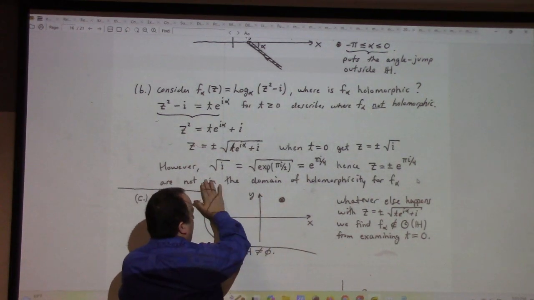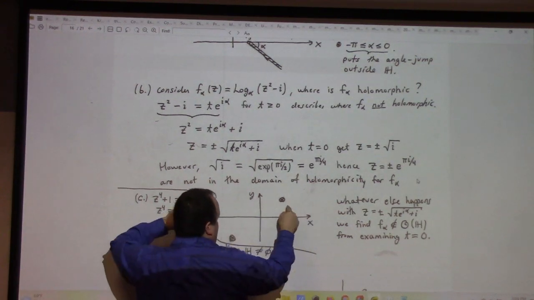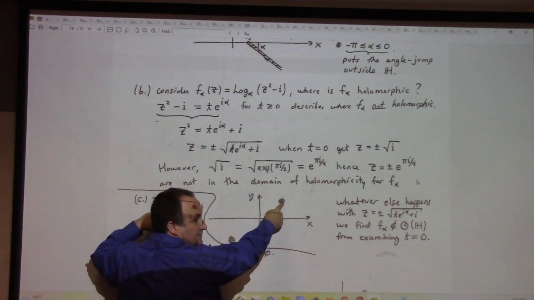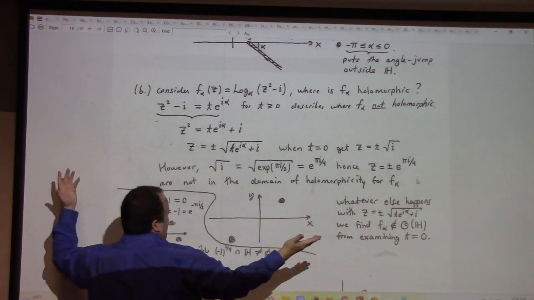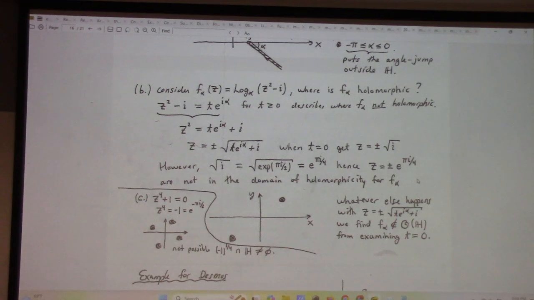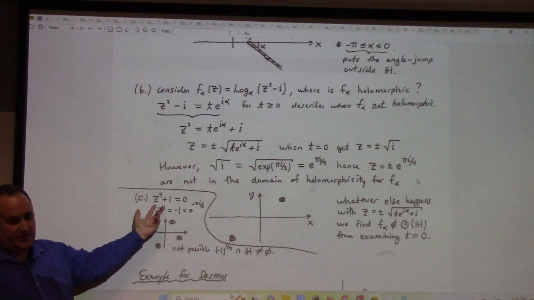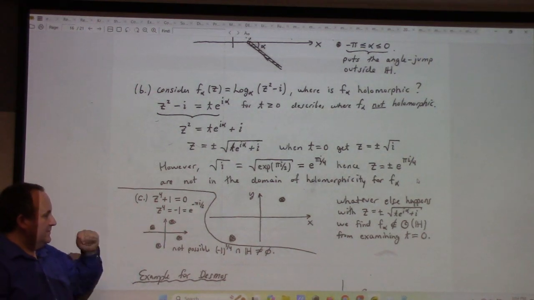So if I'm trying to make this function holomorphic up here, I cannot do it because I've got this pesky branch point right here, and it's unavoidable. So it's impossible to choose a branch of this which is holomorphic on the upper half plane. You just can't do it. Thankfully I said "if possible." And very similar comments apply to part C, because here you're feeding it z to the 4th plus 1. If that's equal to